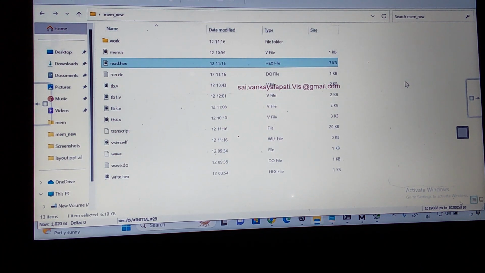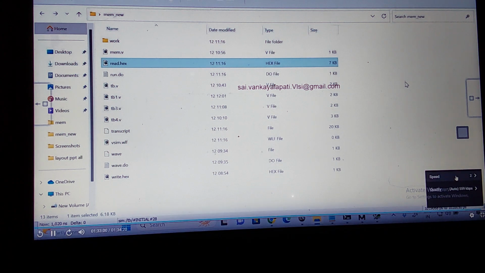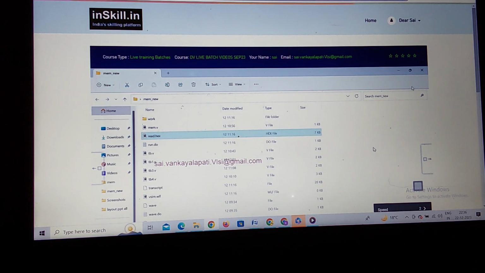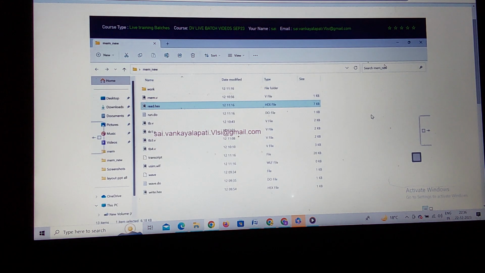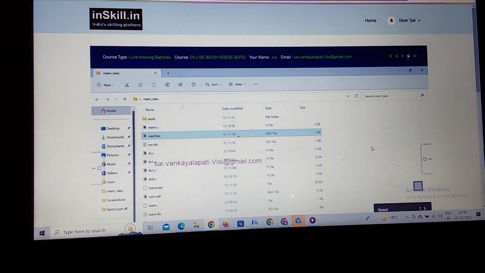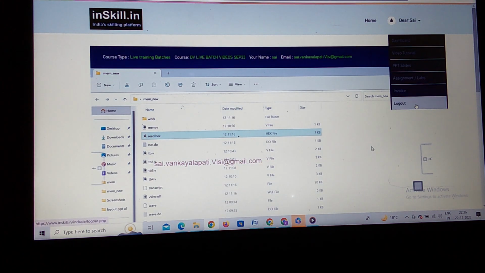Do you feel that this is a complex program? Memory program is complex. Do you think that this is complex? If you know the system class functions we are using, how to do front door access and how to do backdoor access, it is easy. This is the base for all other projects I'm talking about. If you understand this well, the other projects where we write very lengthy programs will be understandable. Are you clear? So for this memory modeling, we are preparing the task. You can do this with a function also. You are familiar with the task, so you can do it as a task. All I want is how to do the write operation and how to do the read operation. So what is the time taken?